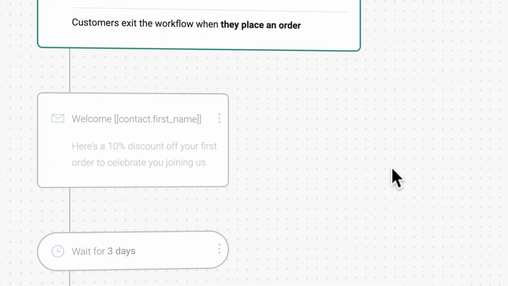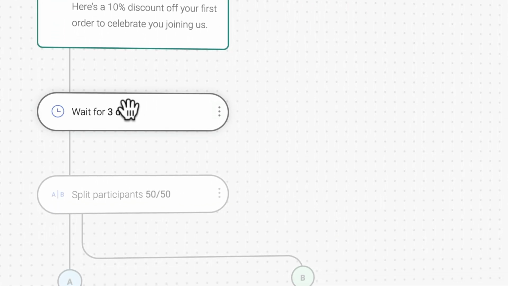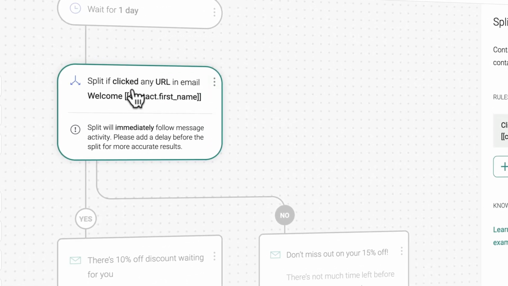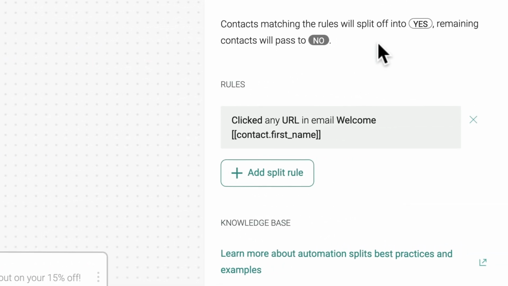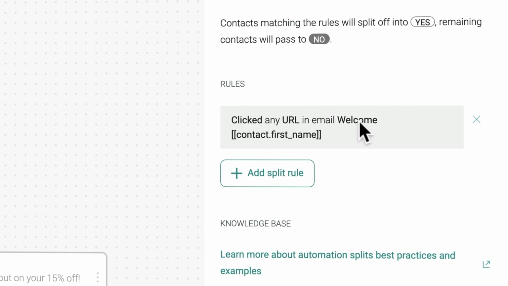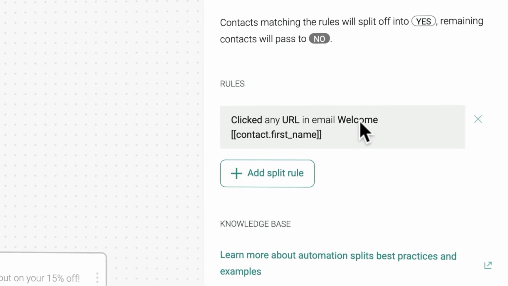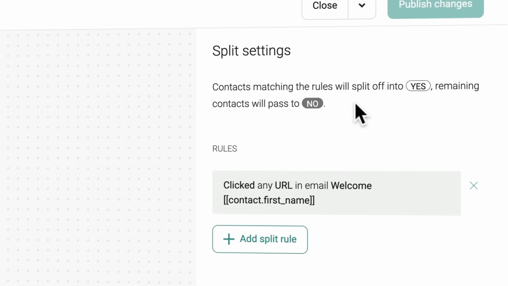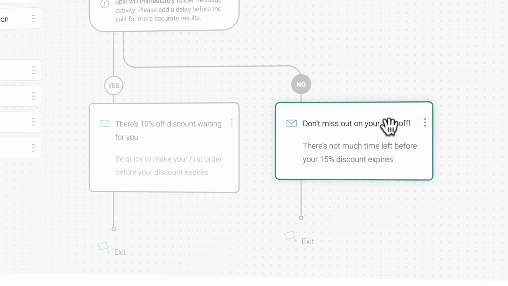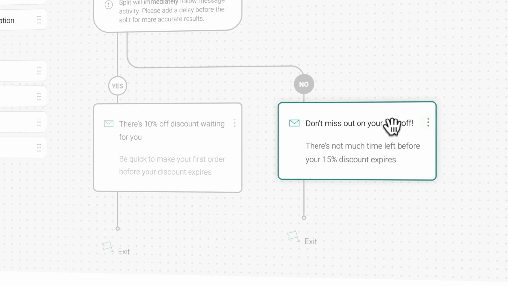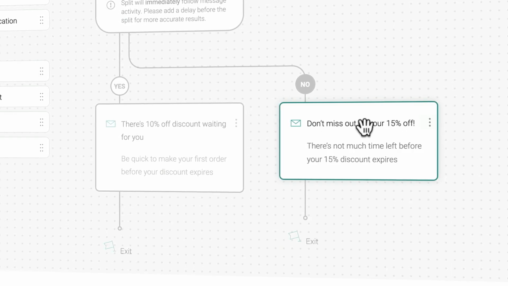You'll learn how to create automated workflows like sending an email, waiting a few days, then sending a text message or a push notification. You can also use the split function in workflows. What does it mean? You can create rules like: if any person clicked on the URL in the welcome email, then they seem to be interested in the discount, so they get this email talking about a 10% discount. But if people have not clicked on a link in your welcome email, then they get an email talking about a 15% discount. Why? They're probably not interested in the discount because they did not click. So in order not to lose them, I offer them something better.